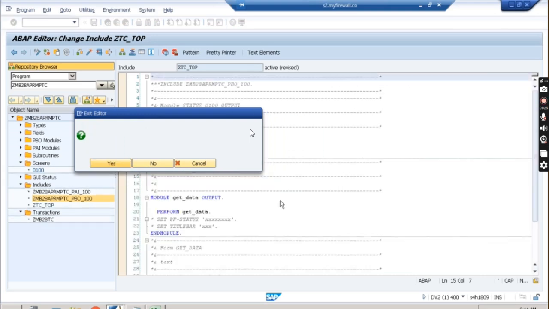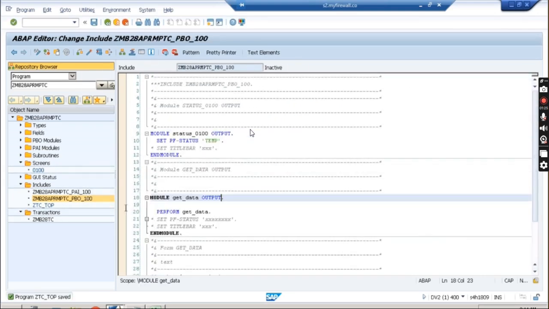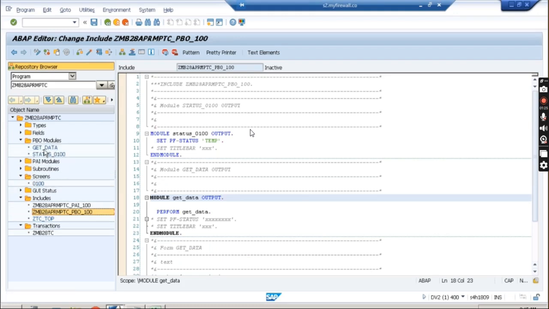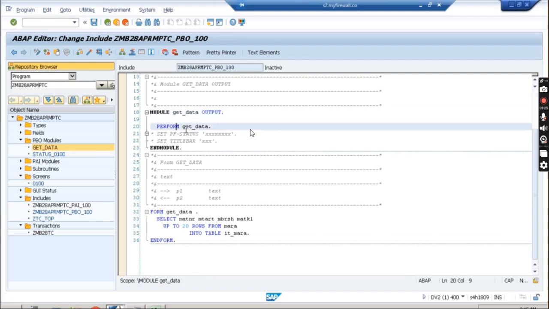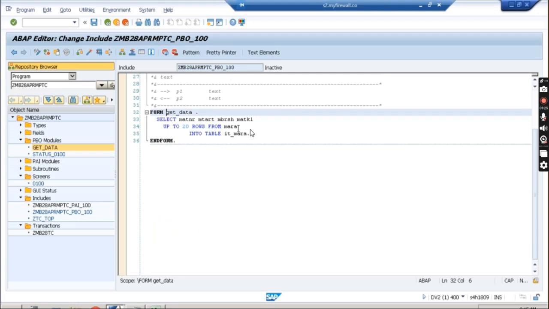We have already selected the data, right? The data selection we have done under the PBO, in get_data. Now whatever data we have got into it_mara, that data I want to put inside that table control, the table control which we have defined, right? So how to put that, inside the PBO itself,